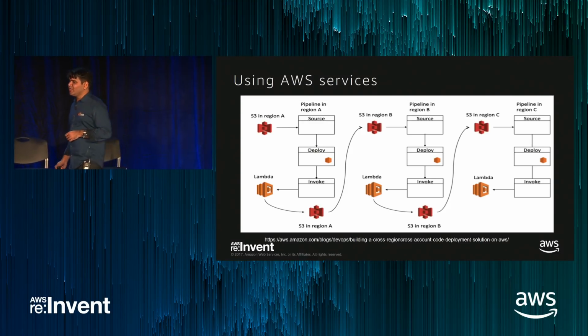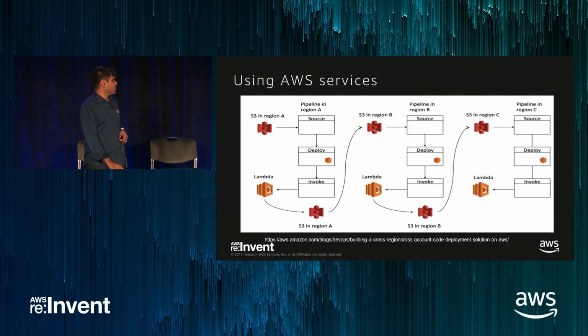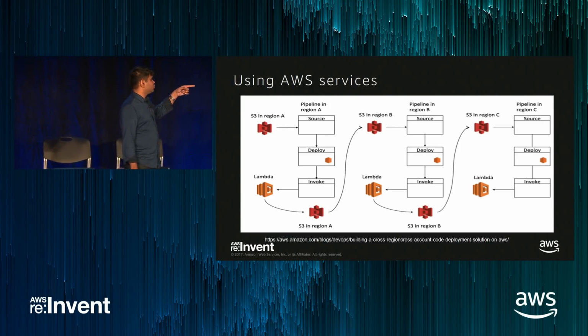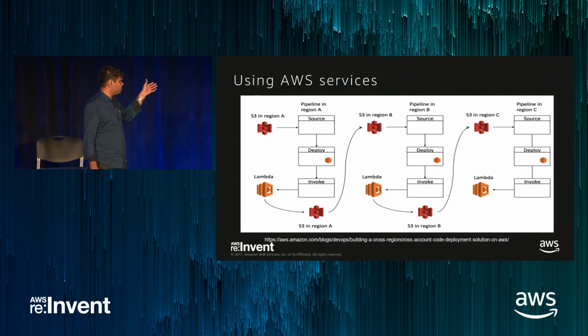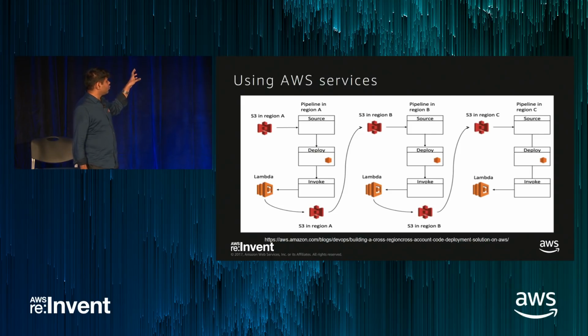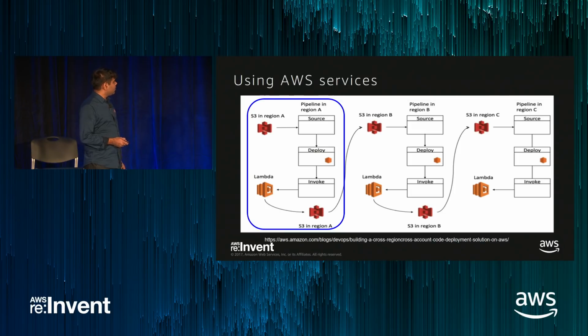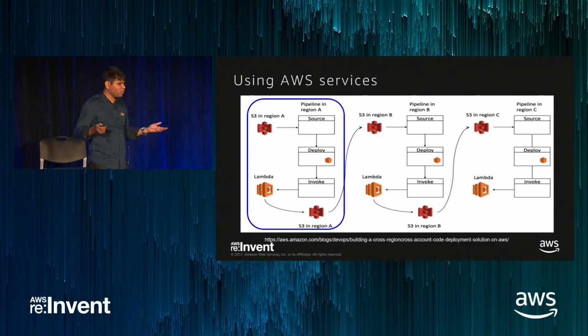Okay, so how do you do it in terms of AWS services? We have published this very nice solution, which is ready to use. You can spin it up as a CloudFormation template, and it is very well explained on that link. This deck is going to be shared. In this system, we see that code is placed in an S3 bucket in region A. There is a CodePipeline service from AWS that gets triggered. It does the deployment, testing, and everything, whether you are doing blue-green deployment, canary deployment, whatever.